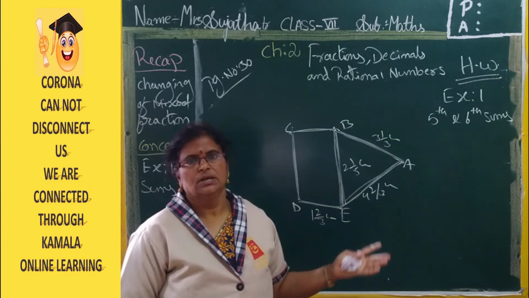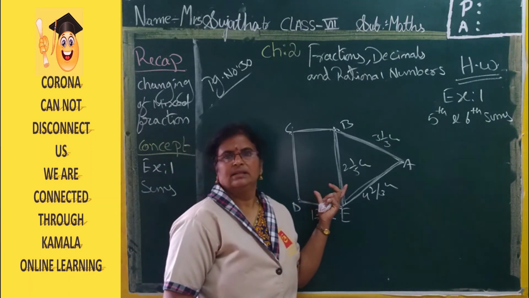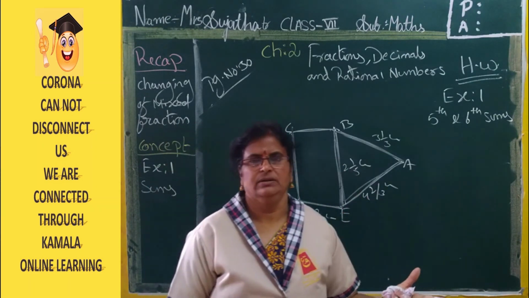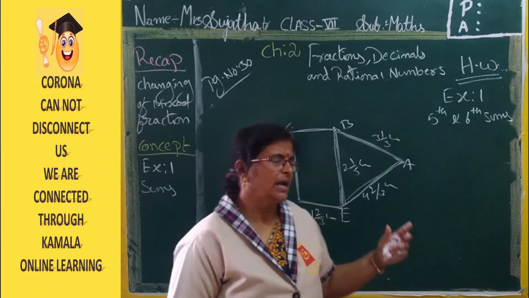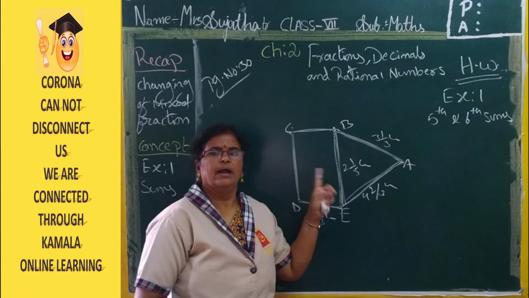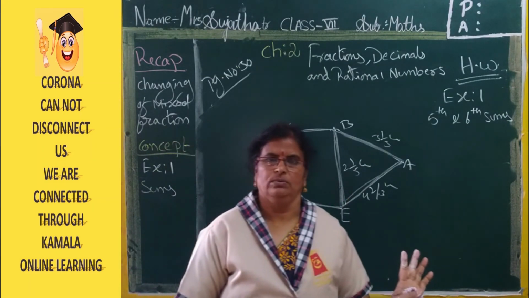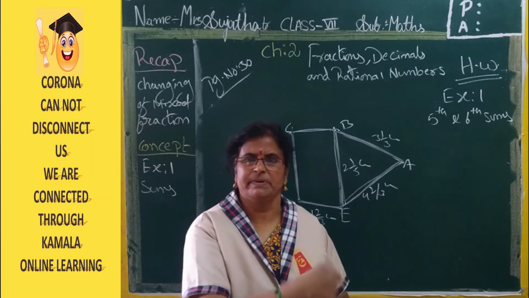Means you have to subtract. So this much of work we have to do for this diagram. That we will do in the next session. Okay, ma'am? If you know it, I said now, first you find the perimeter of the triangle, the perimeter of the rectangle, and you have to subtract it, then you will get the answer. If you know it, you can do. Otherwise, next session I will explain this sum.